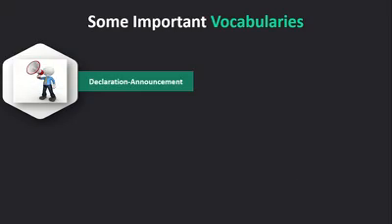Next vocabulary is declaration. Here we find a picture of declaration. It means announcement. Declaration is a formal or explicit statement. Declaration এর বাংলা অর্থ হচ্ছে ঘোষণা।